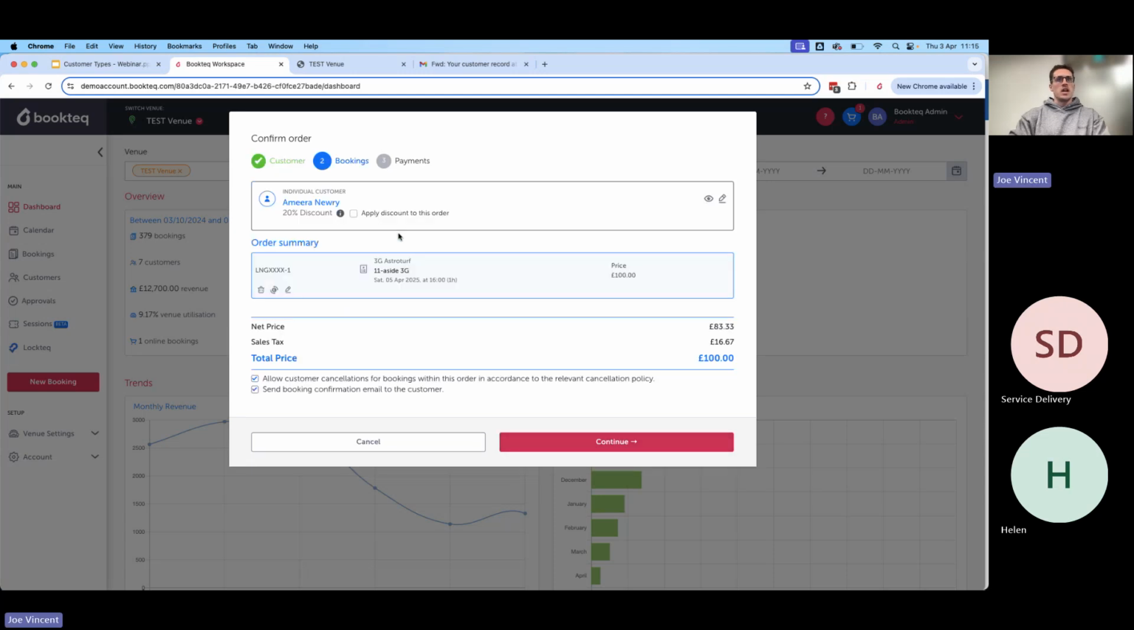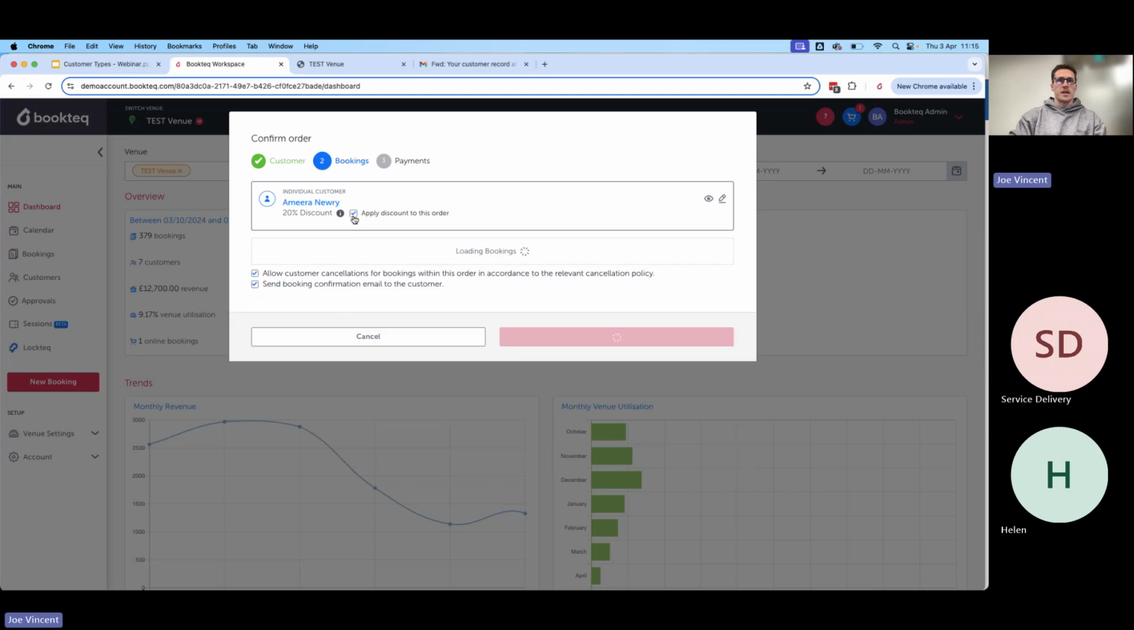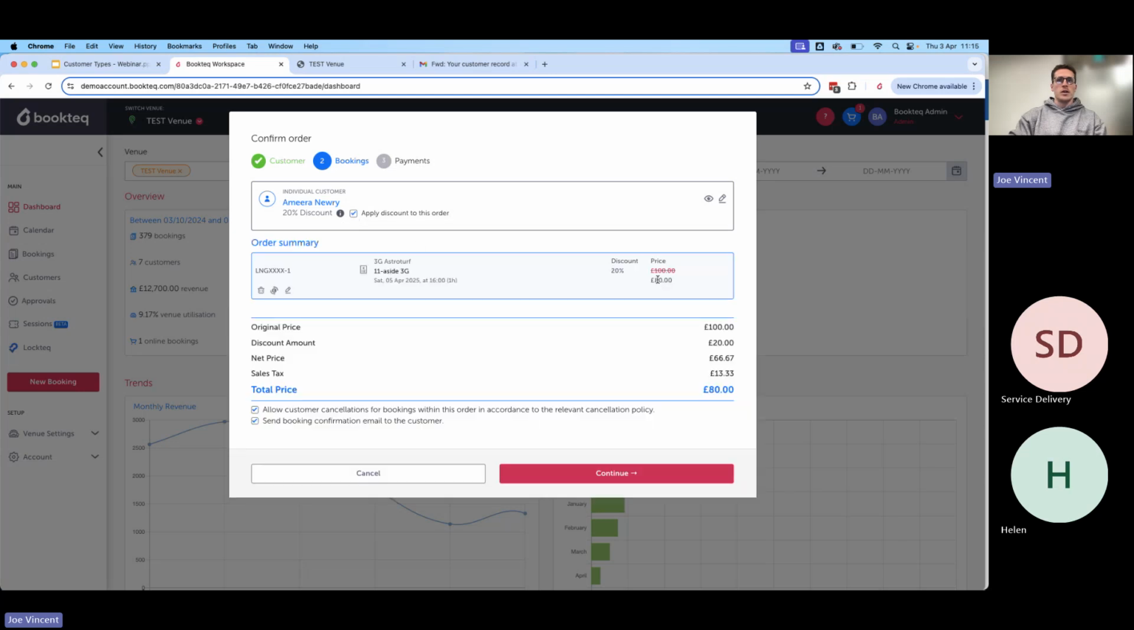And then at the last stage here, you can see under that customer profile, you've got the 20% discount. So you've got the option here to select apply discount to this order. And then you can see that it's going to take that 20% from the full price of that particular facility. So just another way to show you guys how it works as well. So if we come out of that one,